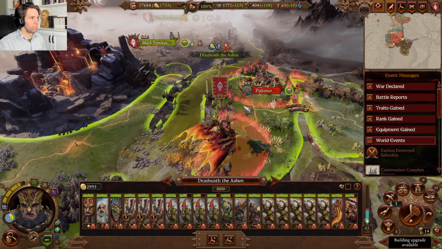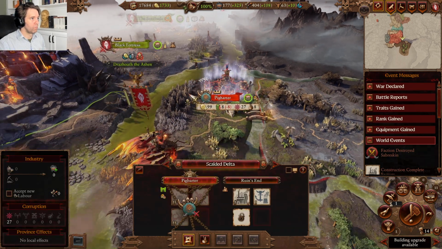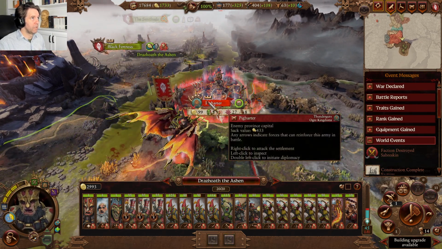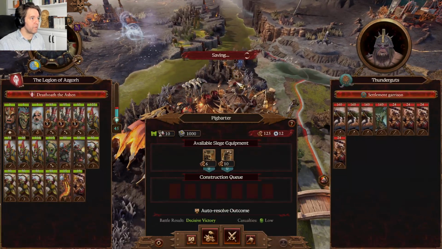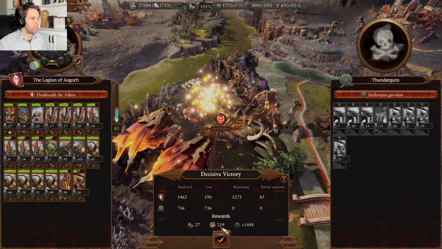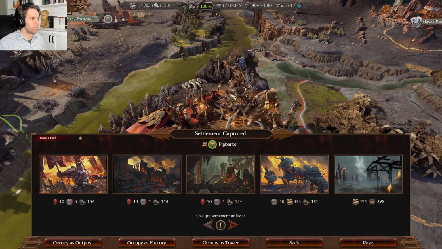That should be autoable. Okay, we probably want a factory there. Legionaries. Getting a little light on the resources, but oh, actually,